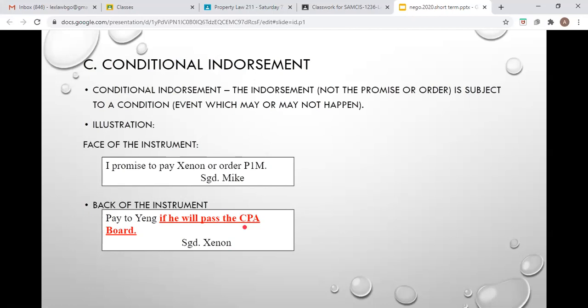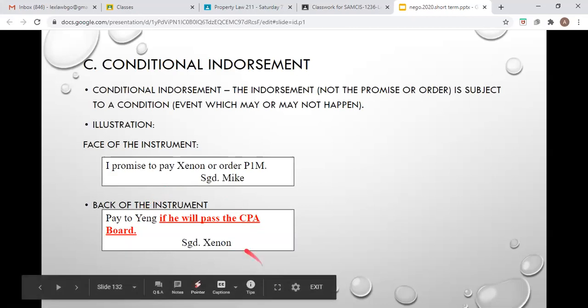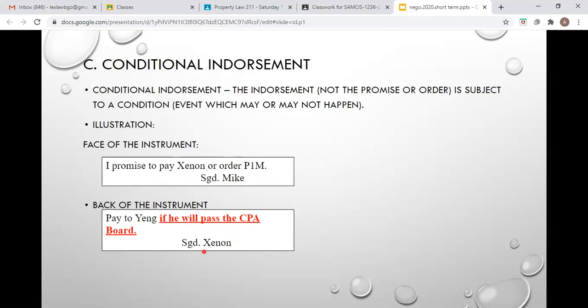So what if you will be receiving a conditional endorsement? What will be the effect of that? Okay? Ano yung effect ng conditional endorsement? Well, in that particular case, if you are Shannon, yung endorser, conditional endorser, you have two options. First, wait for Yang to fulfill the condition. You wait until such time that she will pass the CPA board. If she has already passed the CPA board, then that's the time that you will deliver to her the 1